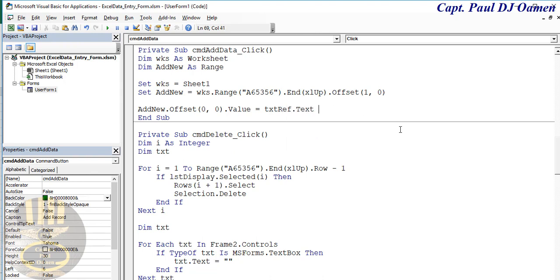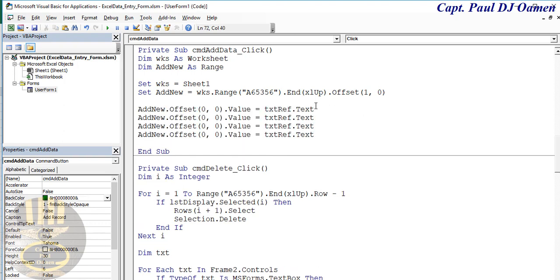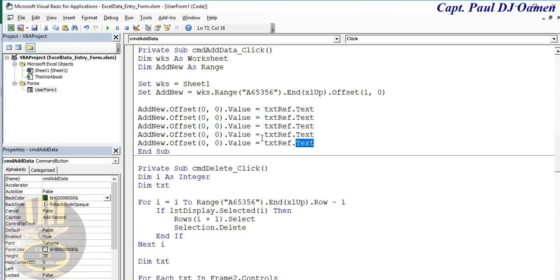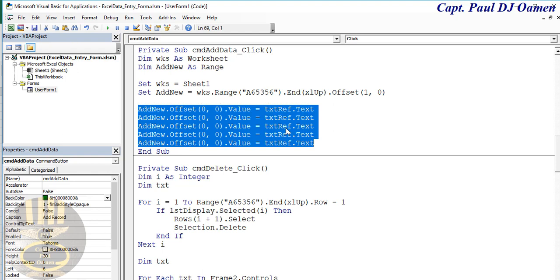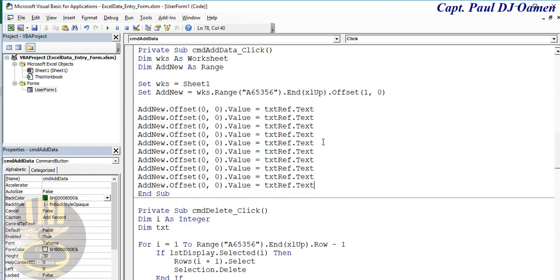So that's the very first one taken care of. I have 10 in total. I'm just going to copy that, paste, and I'll just change the names around. Copy, paste, and let's change this one. The first one is 0, so the second one is 1, 2, 3, 4, 5, 6, 7,